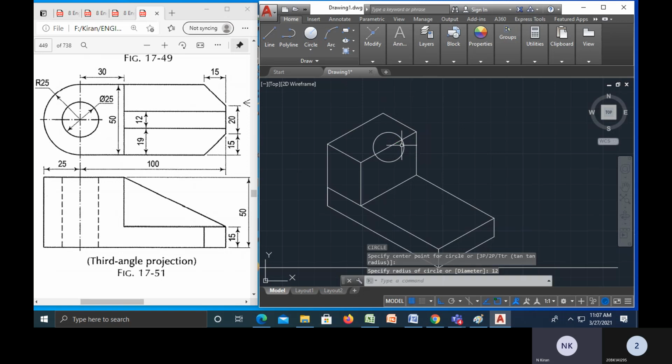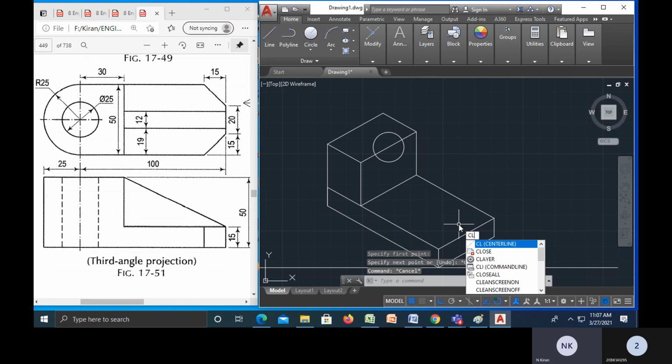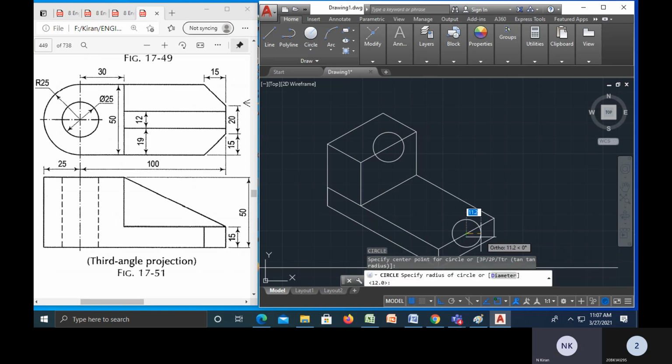12 is your radius. Okay, right. And L enter, from this point I will join directly. Okay, here also I will draw a C enter, and from this midpoint I will draw a 12 mm circle so that I can get 12 mm points over here, this point and this point. This is your 12 mm lines from the center point.